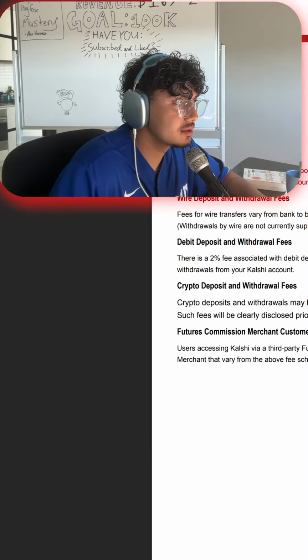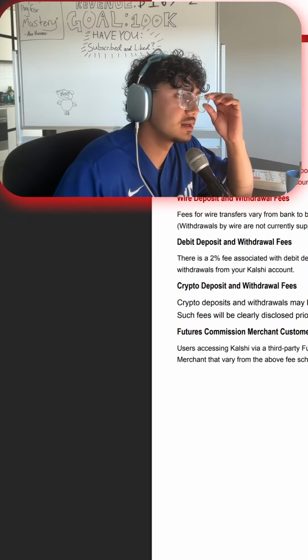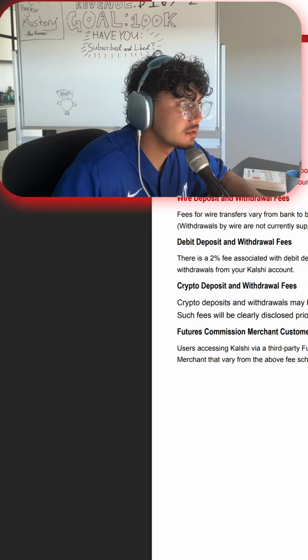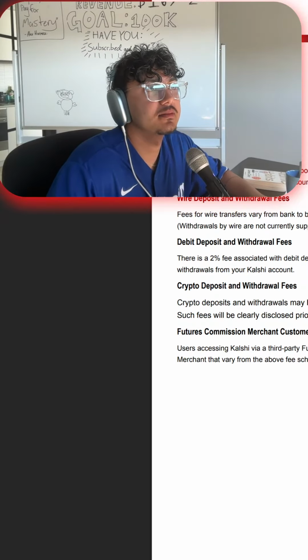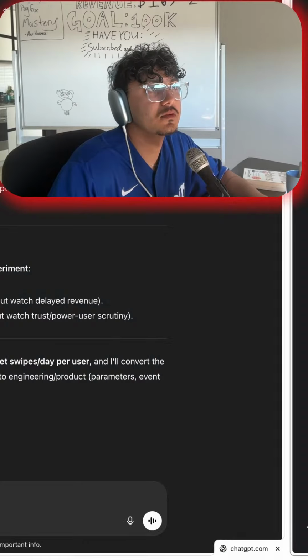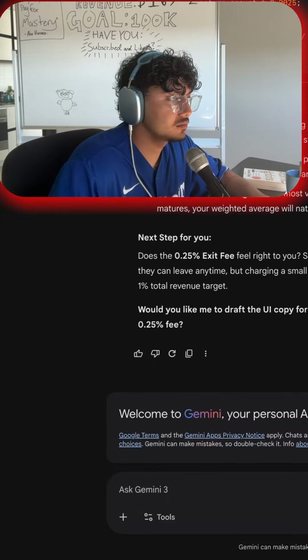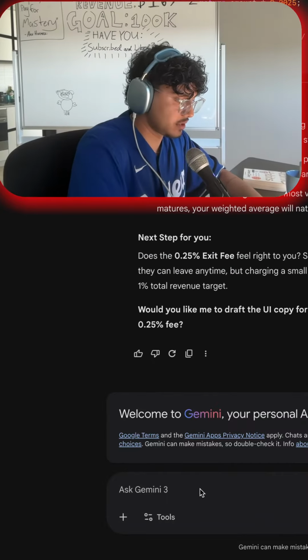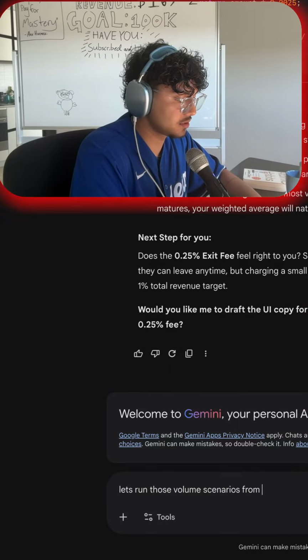Actually gonna see settlement fees. There is no settlement fee. Okay, so we're basically doing the same as Kalshi. All right, let's run it. I like this. Let's run those volume scenarios from earlier